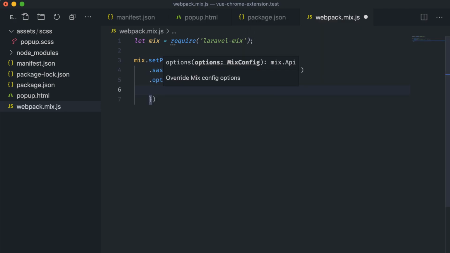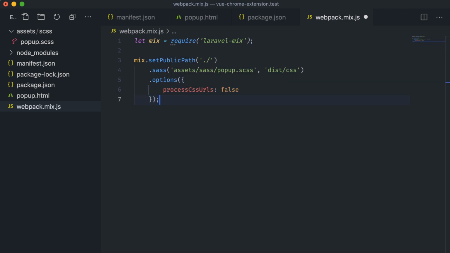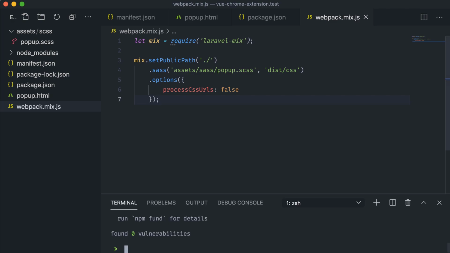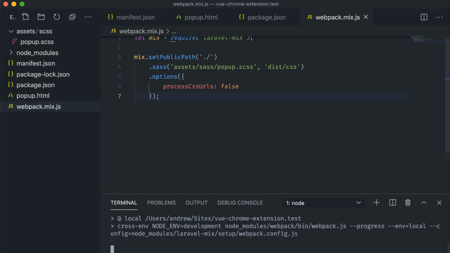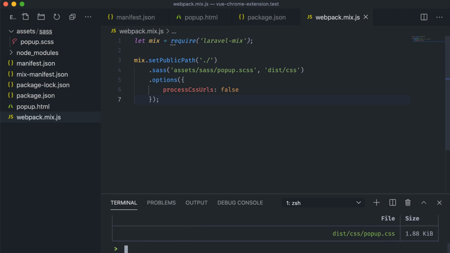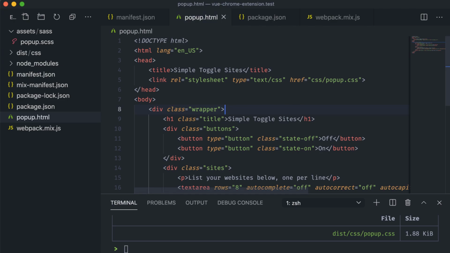We'll also add in this processCssUrls option as false. This helps prevent font or image files from being added in automatically. I don't think we have any with this project, but I like adding this in whenever I use mix with Sass. So now we just have to run npm run dev in the terminal. Alright, once that's done, we have to go back and update the style sheet path in our popup.html file, since